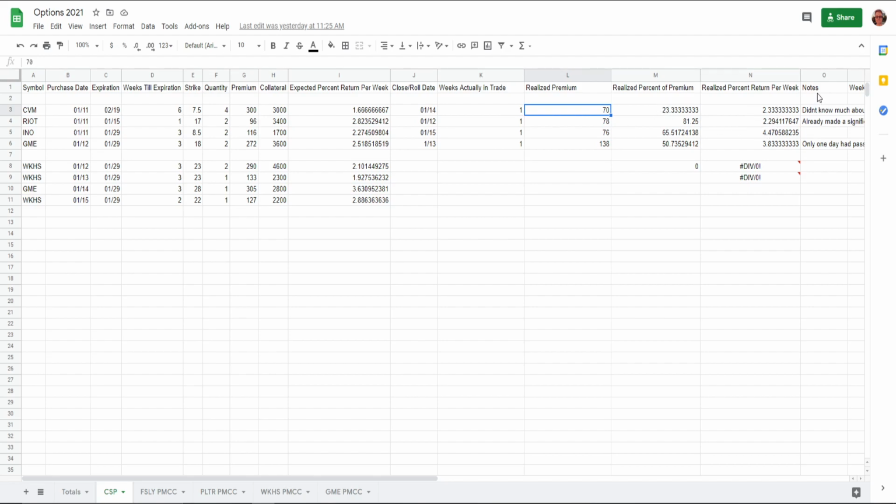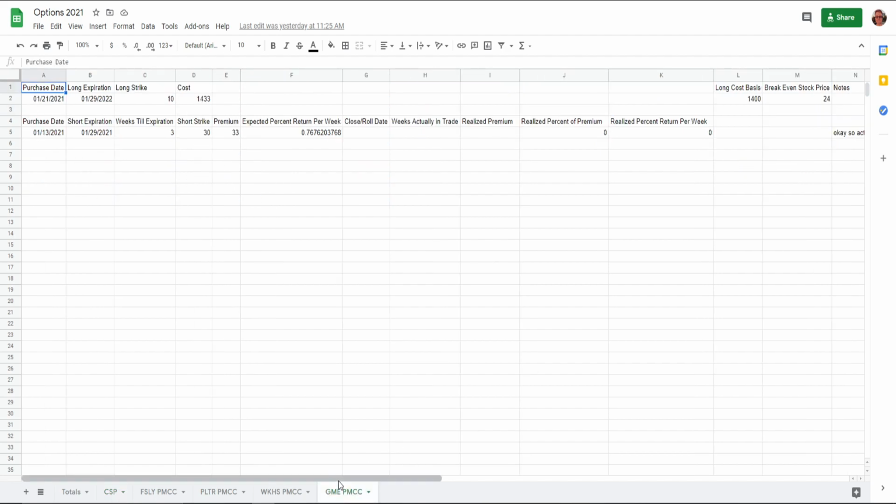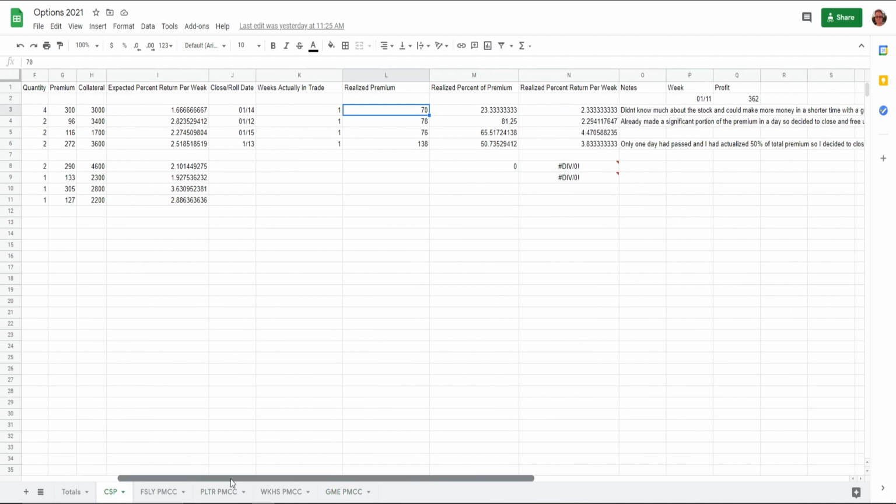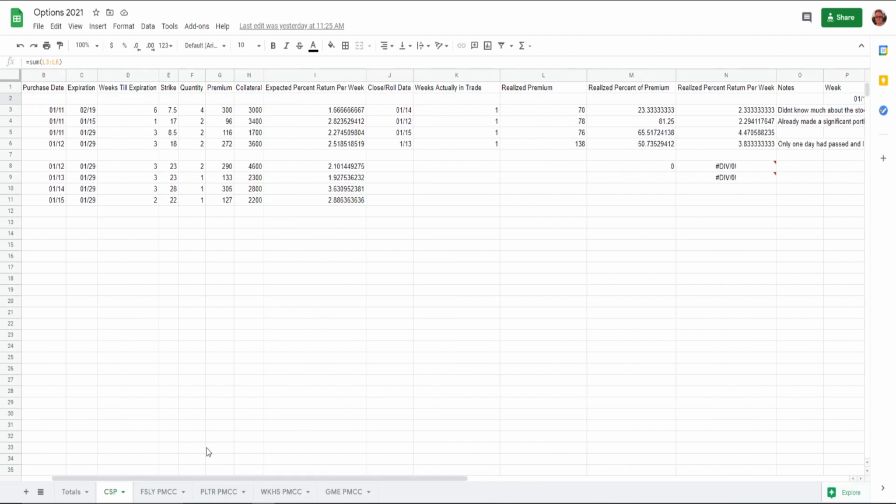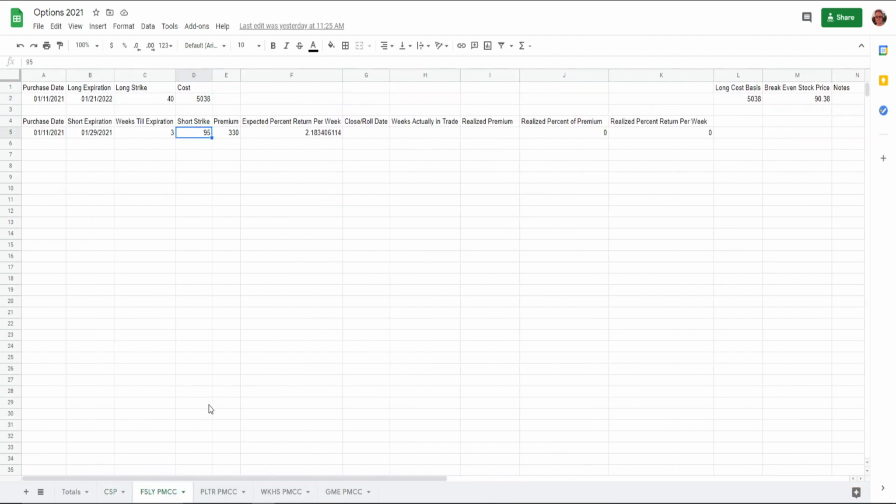And then I have notes and things like that on there. And over here at the end, I have the week and then the profit that I made that week, if I realized any profit. For the diagonal spreads, it's going to be basically the same as a cash secured put, but